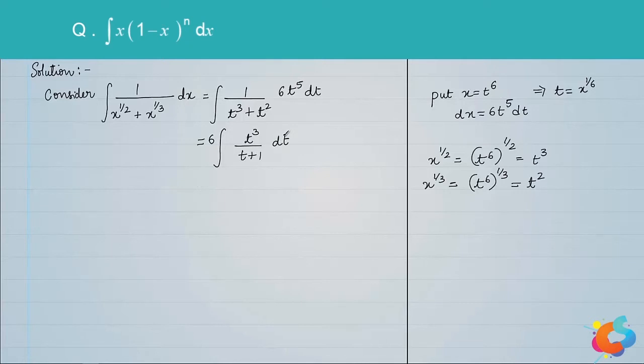So here you can solve this problem by two methods. One is you substitute the denominator t plus 1 as some other variable u and integrate, or else, we have t plus 1 in the denominator. We try to make the numerator in terms of a product of t plus 1. So for that you add and subtract 1 to the numerator. We will get